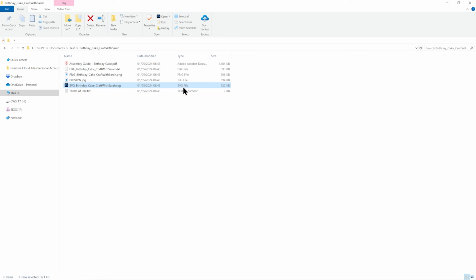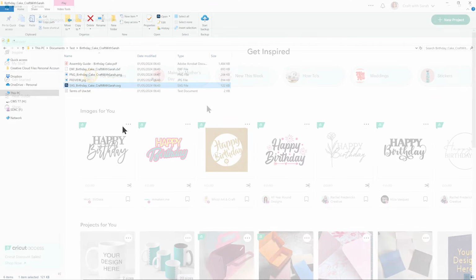If it does that, don't worry, it is still an SVG file and you still use that one. So you're looking for the one that says either SVG file in the type or HTML document or Microsoft Edge file or something along those lines. The easiest way to tell though is by looking for this extension, which should be .svg. All right, let's open up Design Space and get this uploaded.